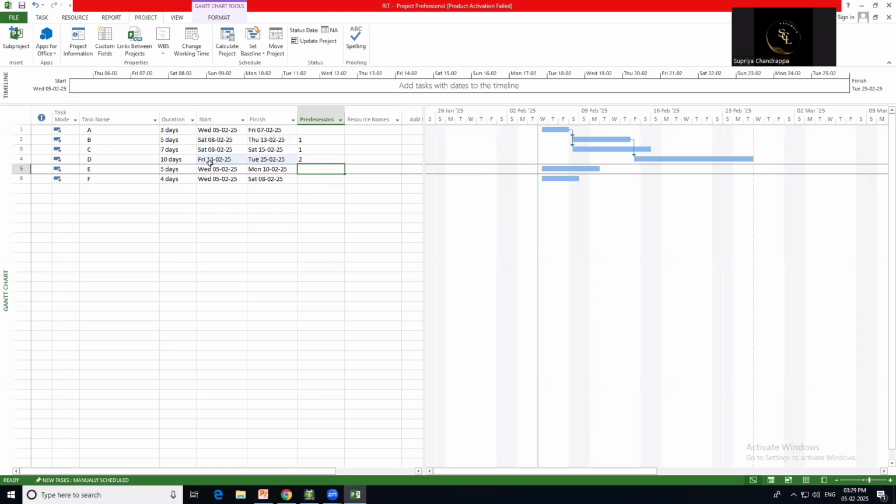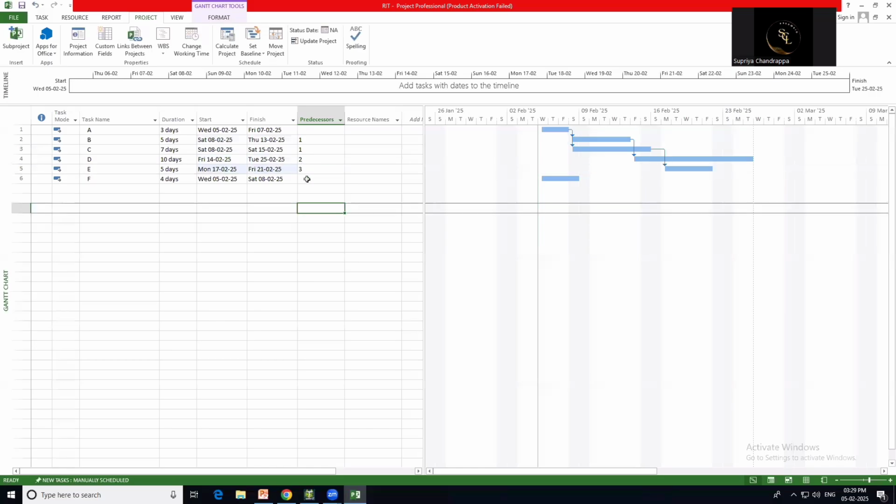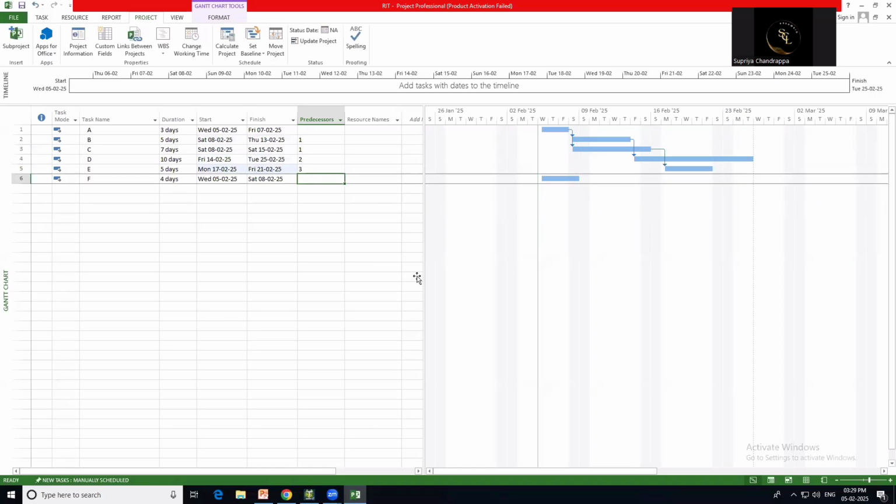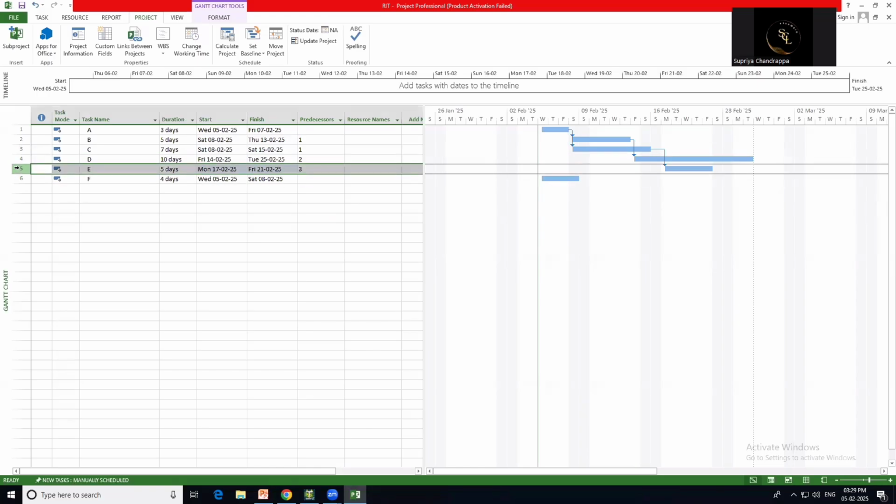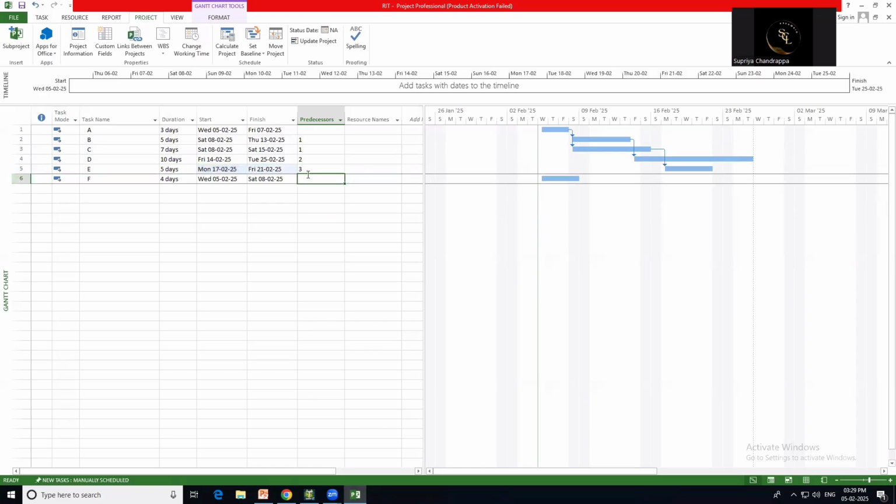Activity C is at serial number 3, row number 3, so I've taken it as 3FS. And for Activity F, D and E are predecessors. D is at serial number 4 and E is at serial number 5, so that is 4FS, 5FS.